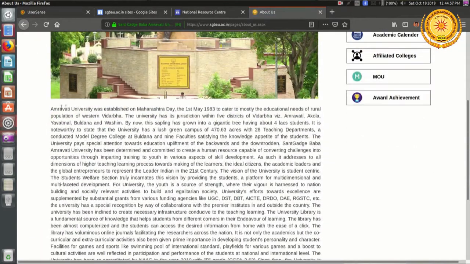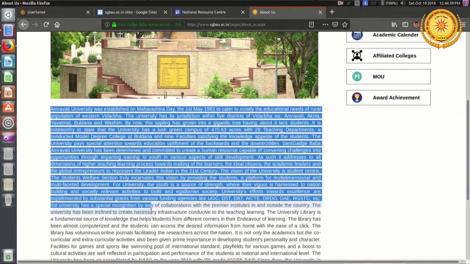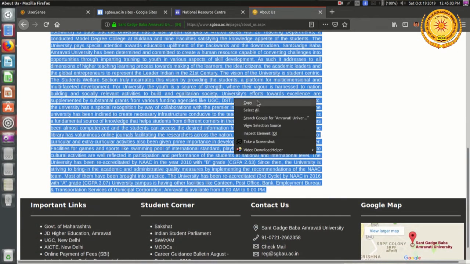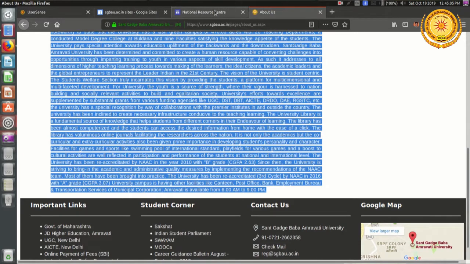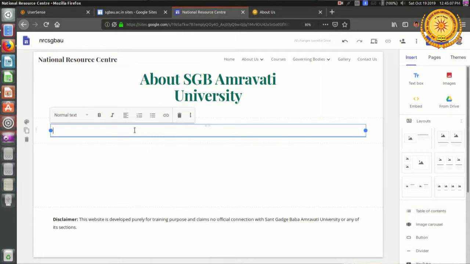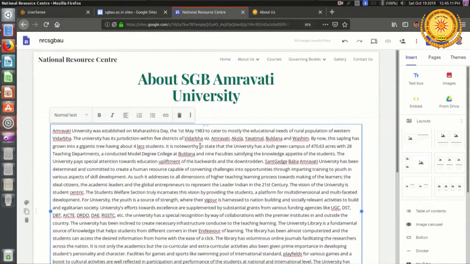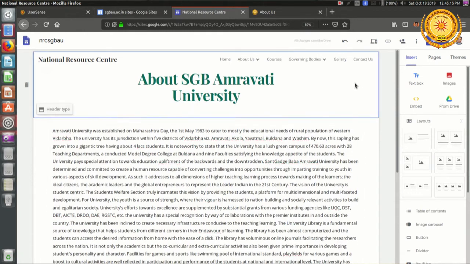So here I am going to copy this entire text from this web page to my web page. So copy and paste. See now how this particular web page will look.